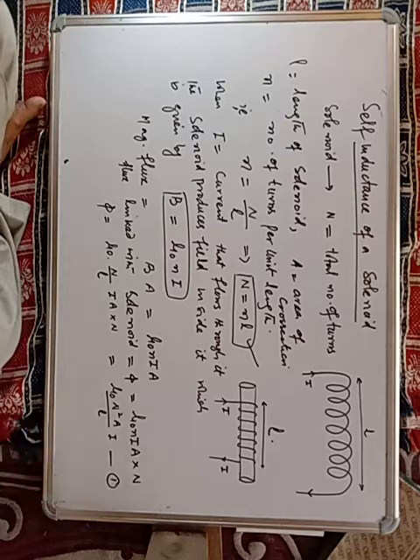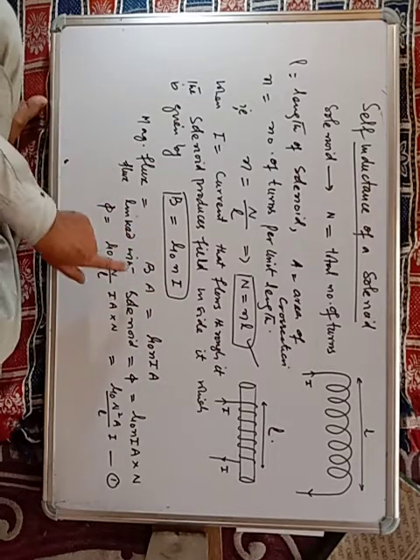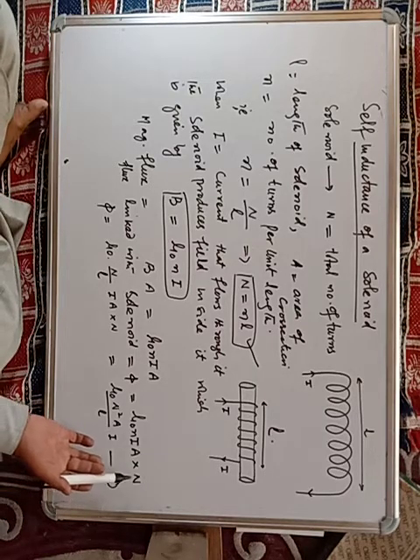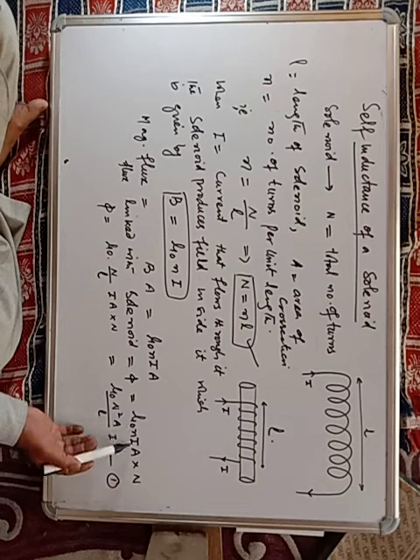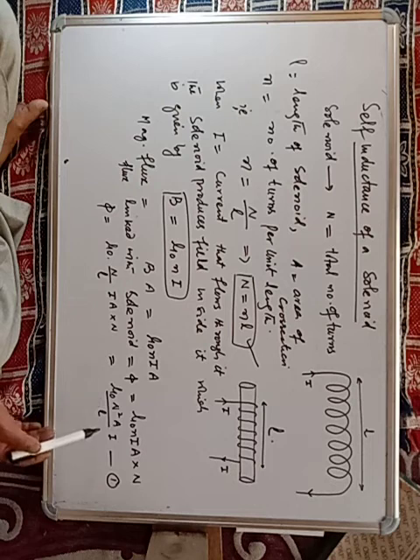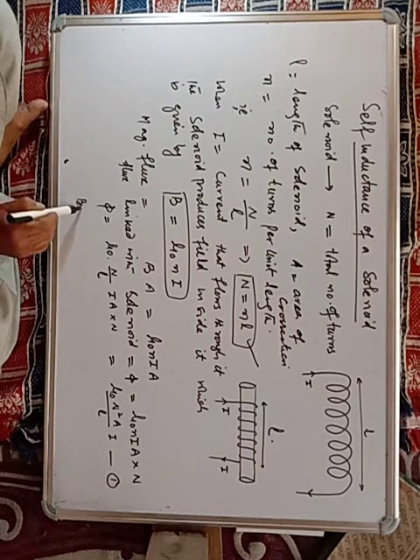So keeping it as equation first, right? It is a simple thing. For the solenoid, N is the total number of turns, L is its length, A is the area of cross section, and small n is the number of turns per unit length. So n is equal to N divided by L, or capital N is equal to small n multiplied by the length. If I flows through it, it produces a field which is given by mu naught n I. Magnetic flux will be equal to BA. Multiply B by the area, and this flux passes through every turn of the solenoid, so it will be multiplied by the number of turns. So that will become mu naught n I multiplied by N. Small n we can also write as capital N divided by L. So our expression will become this. But we know